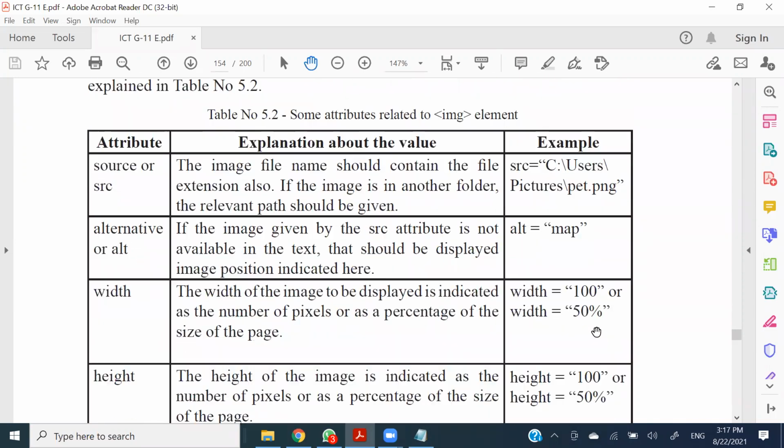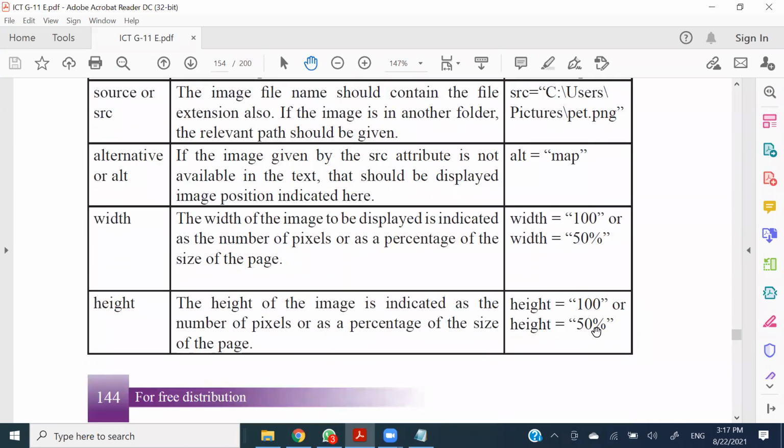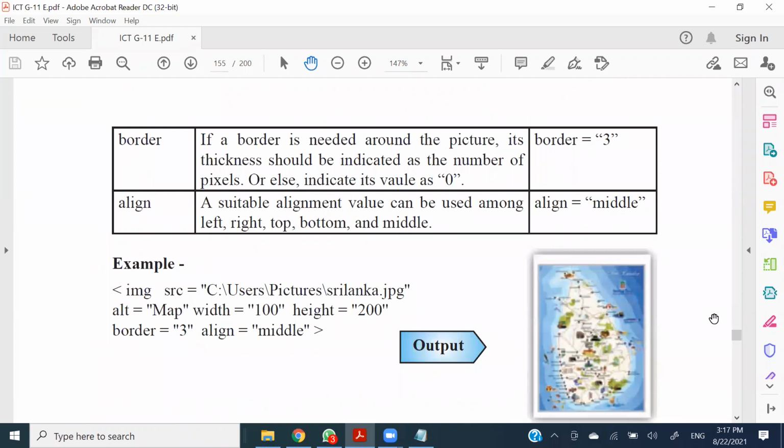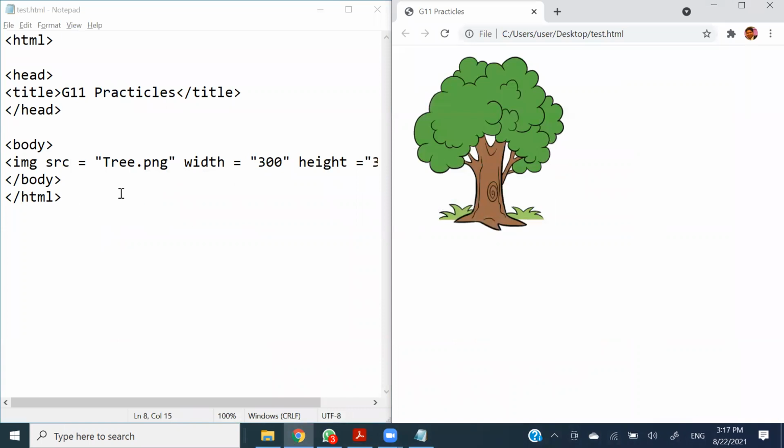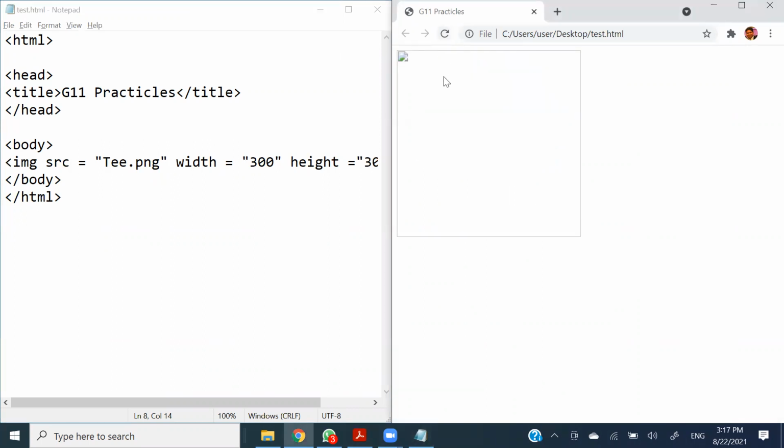Yes, and it is not saying anything clearly regarding the case sensitivity. I'll go through that and tell it to you. But definitely, if you miss anything, for example for tree, if you wrote tw.png, it's not going to show you the particular picture because there is nothing called t.png